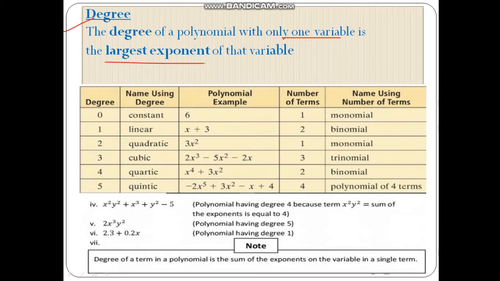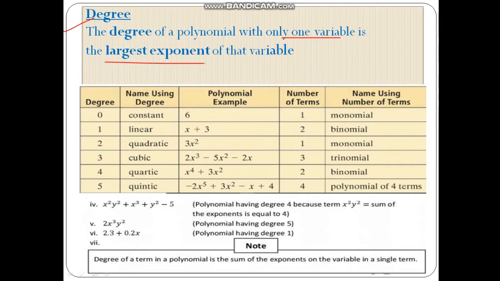If a polynomial has two or more variables, then we are going to add up all the parts within the first term, second term and the third term. ये हम डिस्कस करते हैं आगे। अभी हम वन वेरिएबल पॉलिनॉमियल्स के साथ डिग्री ऑफ द पॉलिनॉमियल क्या होगी, ये देख लेते हैं.